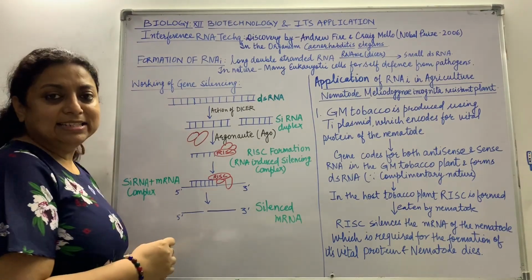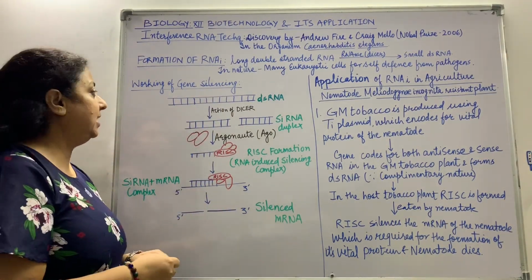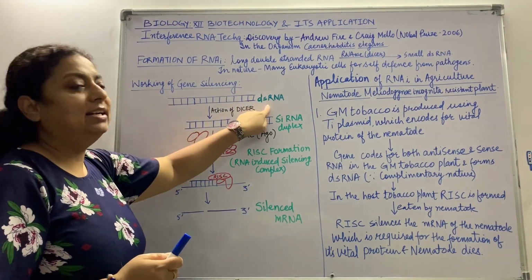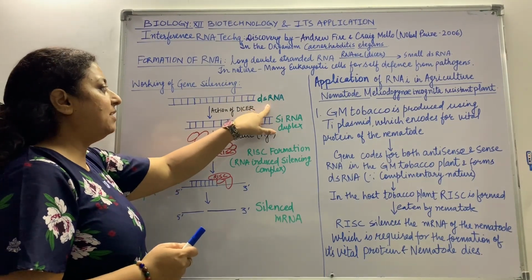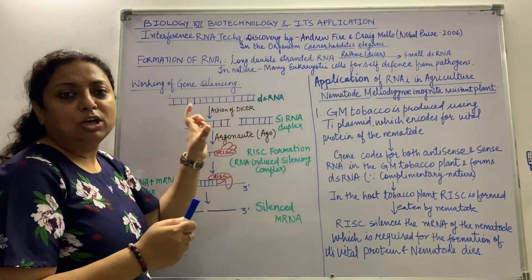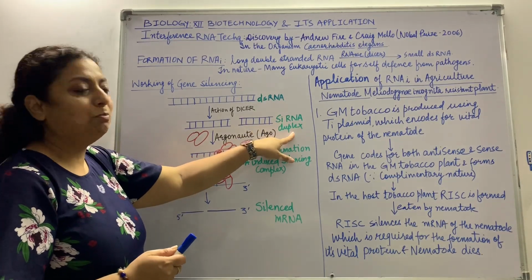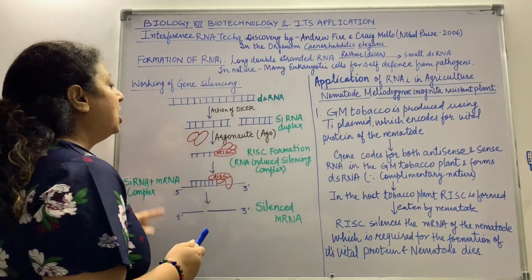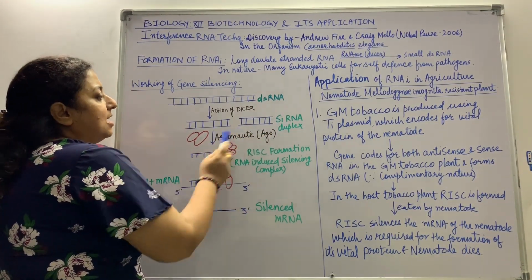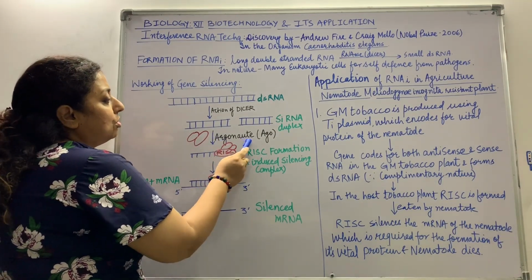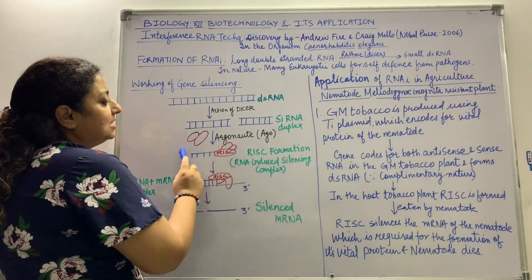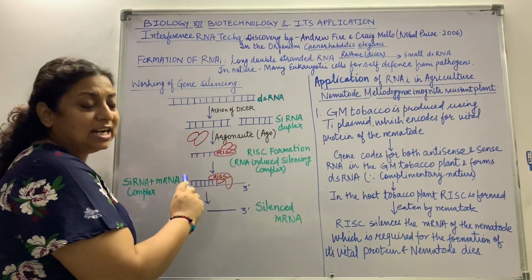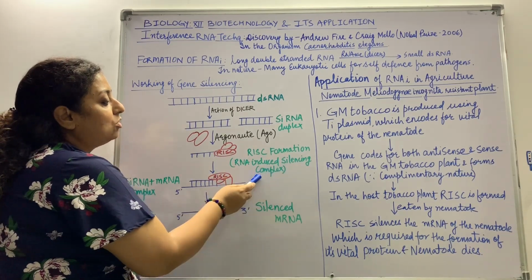So the working of gene silencing can be explained by this flow chart. You can see here that we have made a hypothetical strand which we are considering as a double stranded RNA. Whenever this is identified by the dicer, it will break it into smaller pieces, and thus we get the siRNA duplex, where si stands for small interfering RNA duplex. Now what happens? Automatically these siRNA duplex get associated with argonaute, a protein, and this complex is now known as RISC formation. RISC stands for RNA induced silencing complex.